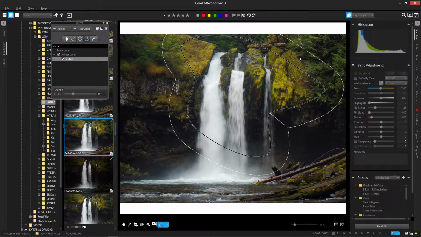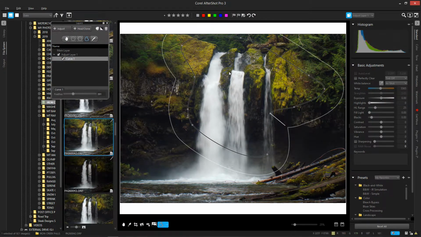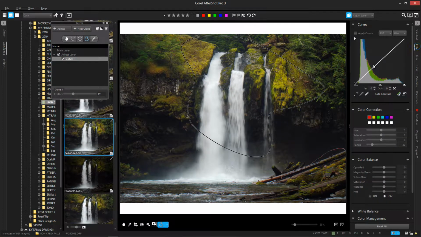Now, what I'm not going to do is just come over here and grab the exposure slider and increase exposure, because that does brighten this area up, but it's a horrible, horrible look. It's not good at all. So I'm going to undo that, Control Z, and I'm going to go to my curve here,